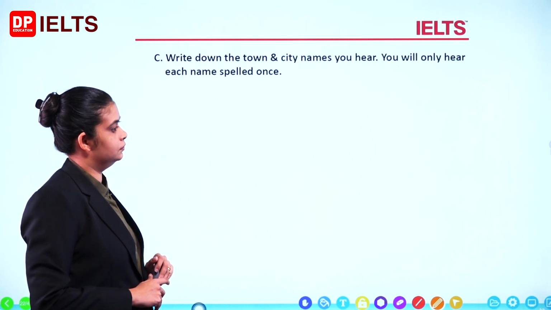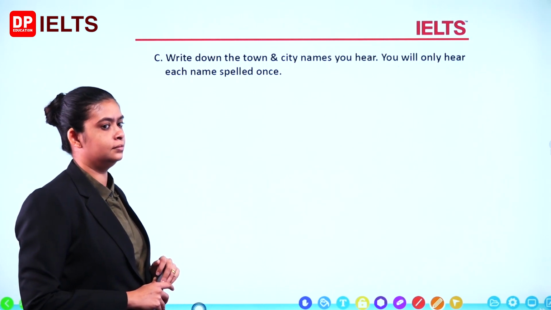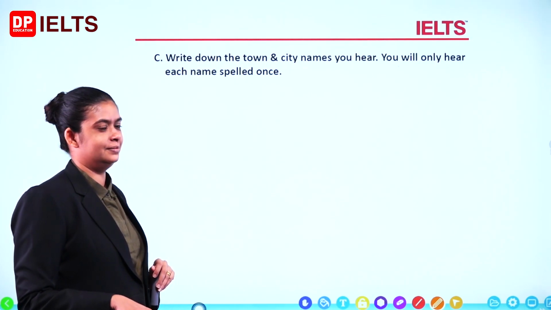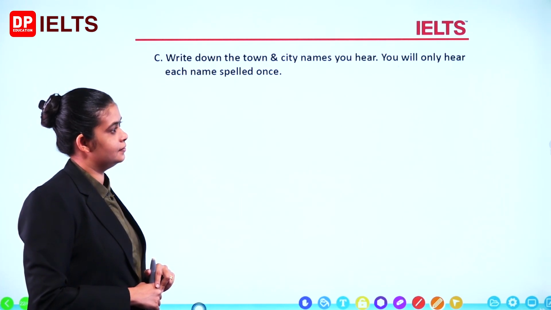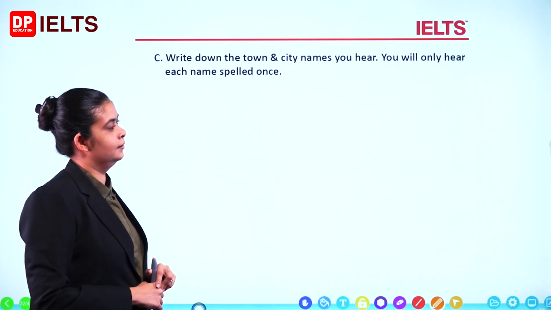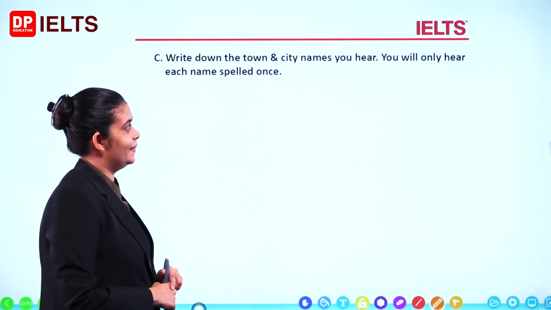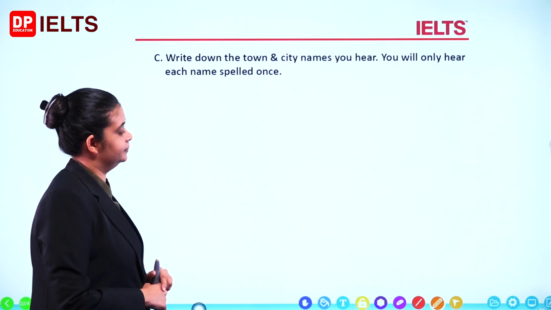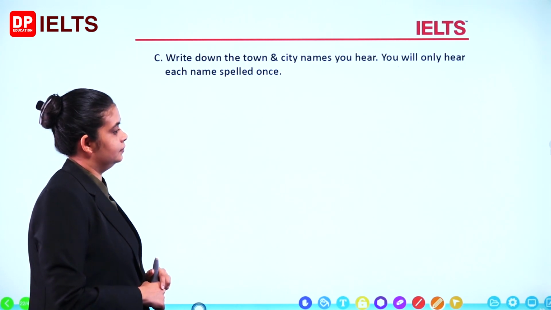Number 5, Peterborough. P-E-T-E-R-B-O-R-O-U-G-H. Number 6, Truro. T-R-U-R-O. Number 7, Wolverhampton. W-O-L-V-E-R-H-A-M-P-T-O-N. Number 8, Amersham.